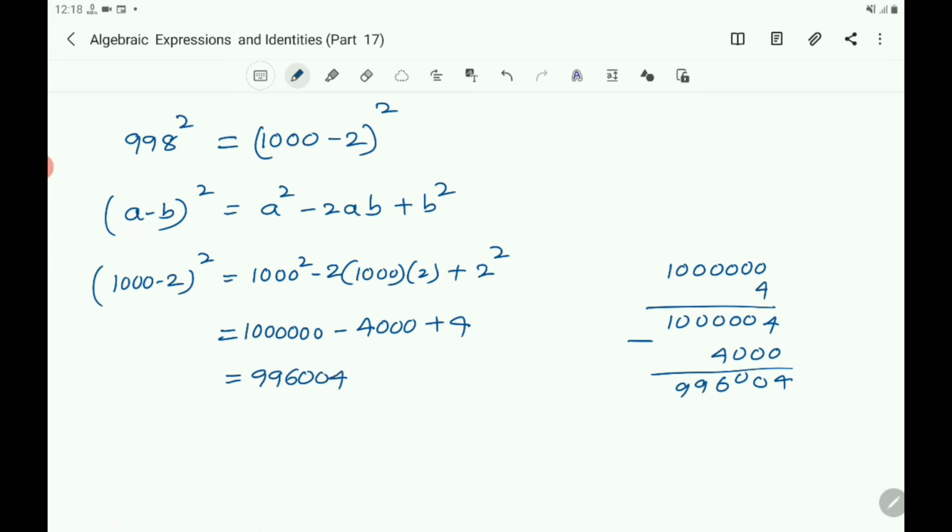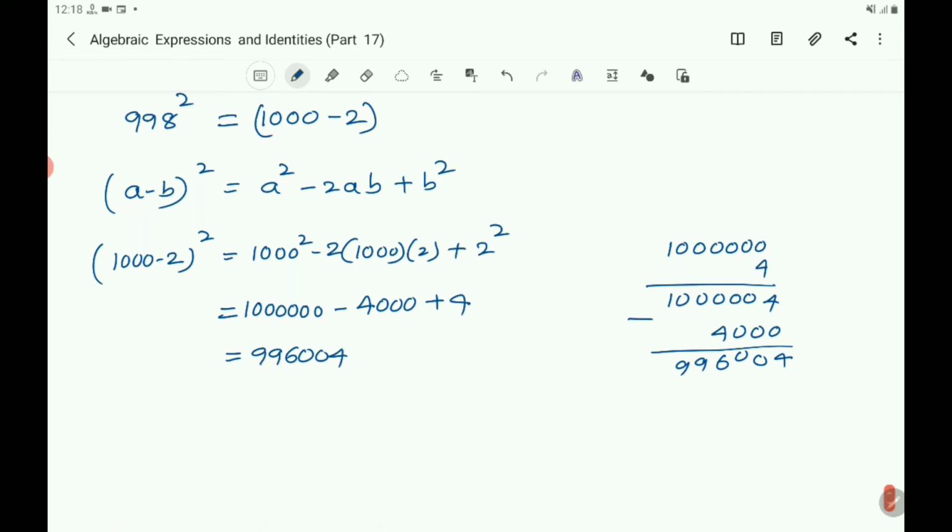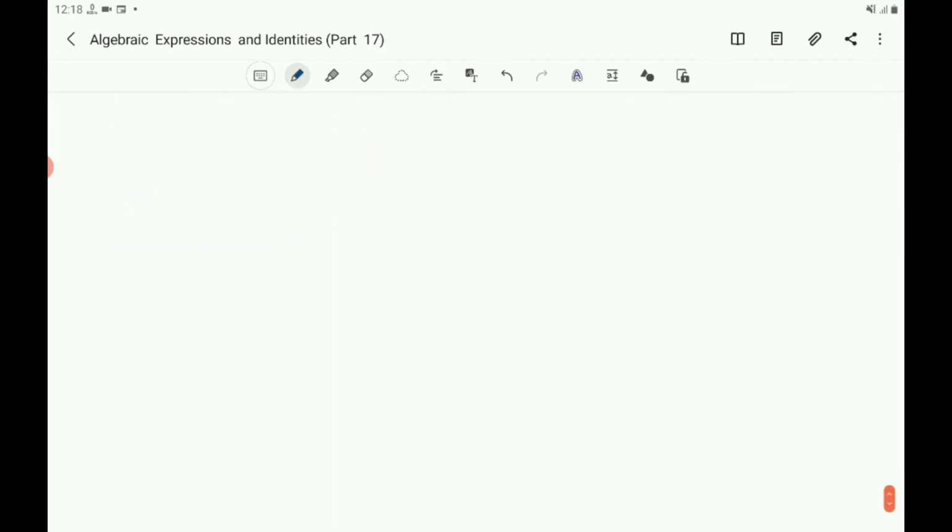9,96,004. So 1002 square is 9,96,004. Next, let us take the next one, that is